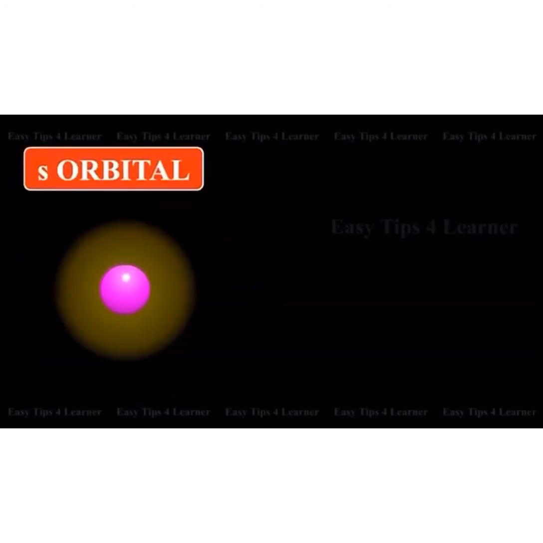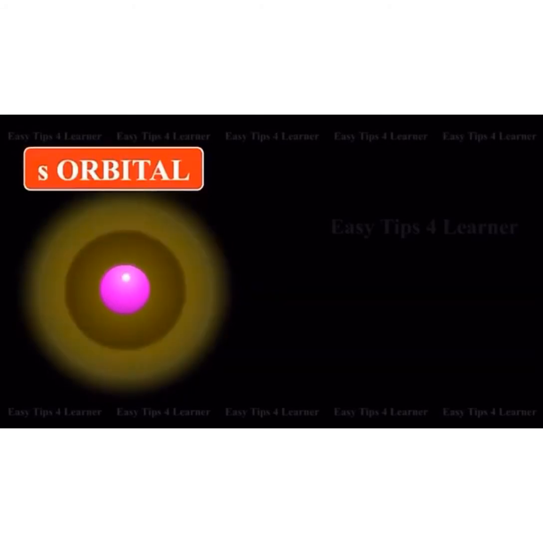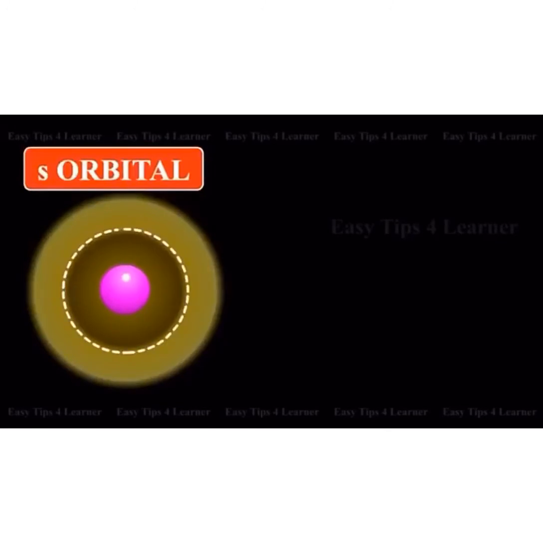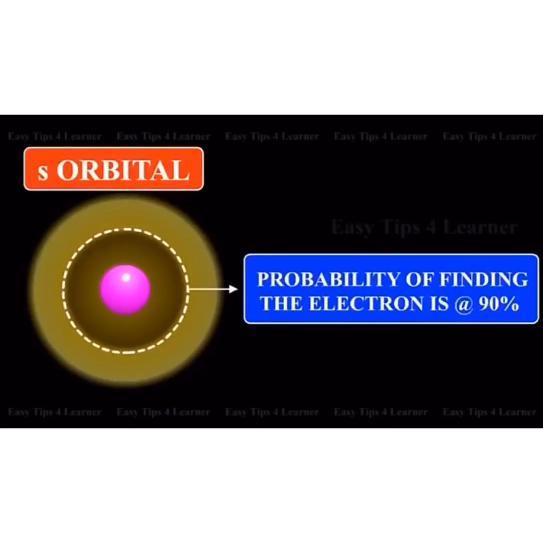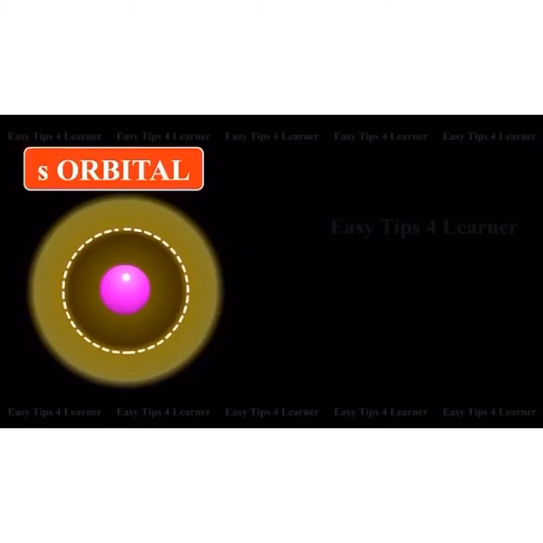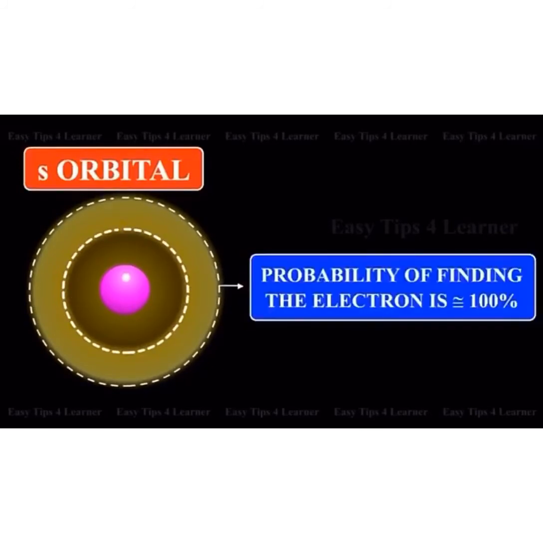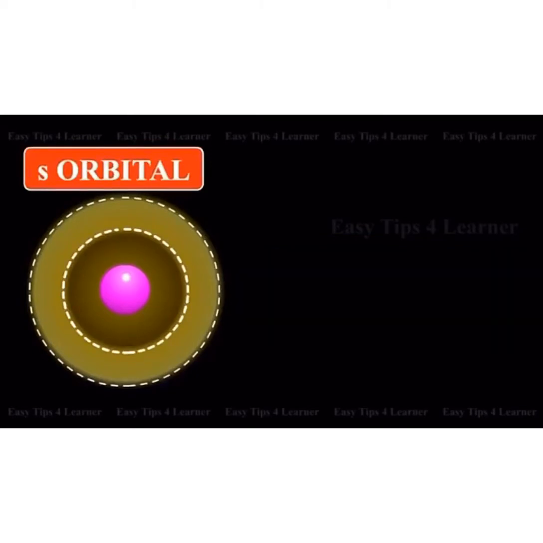In other words, many such boundary surfaces may be possible. However, for a given orbital, only that boundary surface diagram of constant probability density is taken as a good representation of the shape of the orbital which encloses a region where there is about 90% probability of finding the electron. We may ask ourselves why we do not draw a boundary surface diagram which bounds a region in which the probability of finding an electron is 100%.